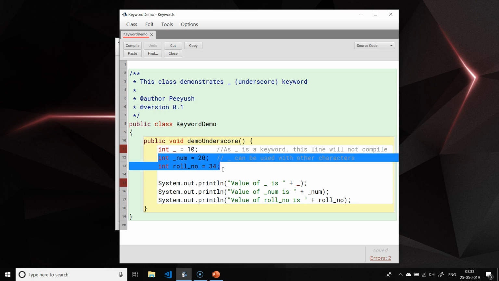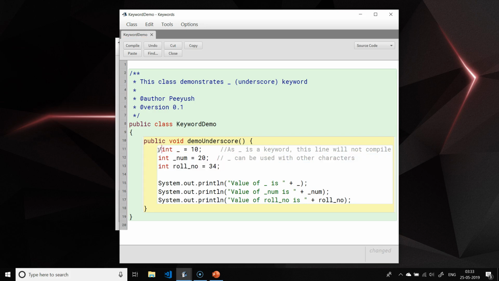Here I am using underscore in combination with other characters to name my integer variables. The compiler has no issues with these lines. It is not showing any error here. I will comment out the two lines where I have used just underscore as the variable name. I will compile and run this class.